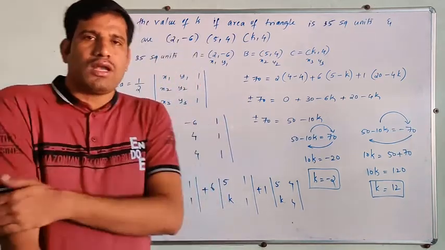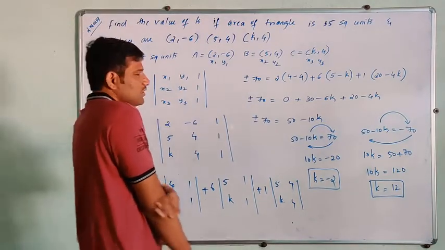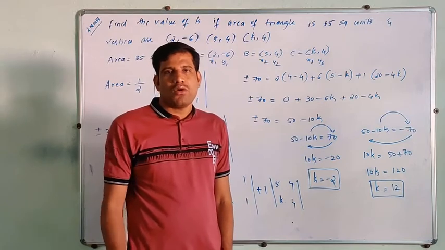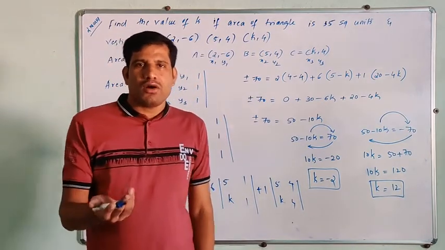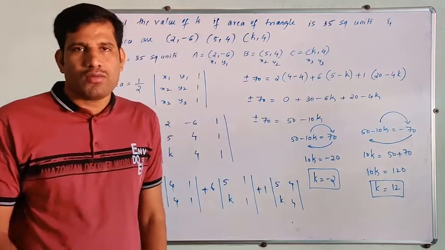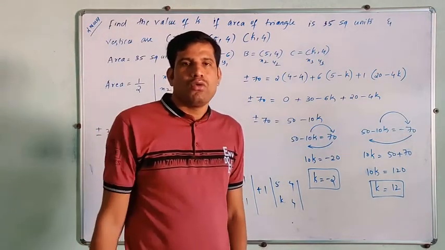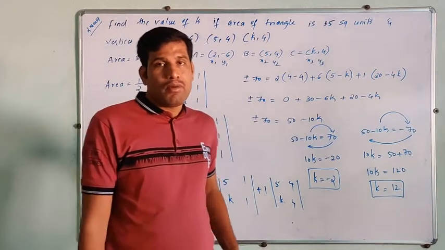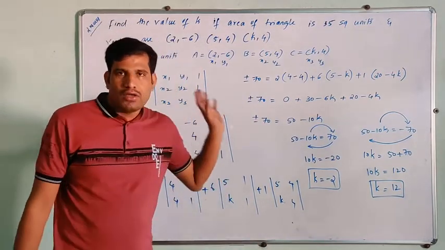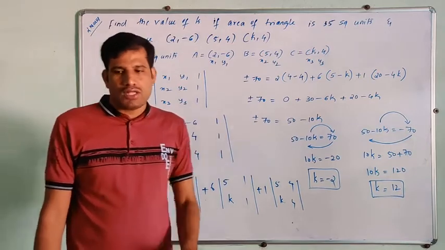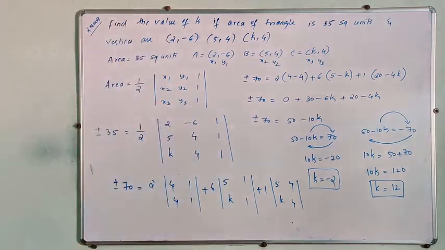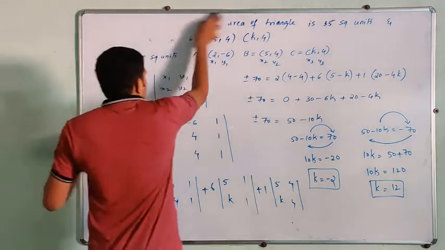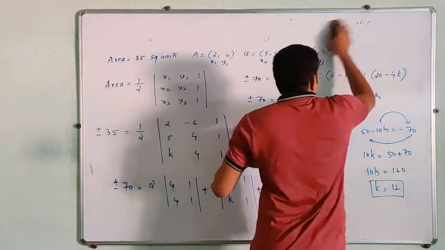And there is one more type in the same segment, that is finding the equation of a line. Right? They are given two points. So how to find the equation of a line? In first year coordinate geometry, when two points are given, we have a formula, that is y minus y1 is equal to (y2 minus y1) by (x2 minus x1) into (x minus x1). That we already know. But by using the concept of determinant, we have to find the equation of a line. So that problem we will see. Next.